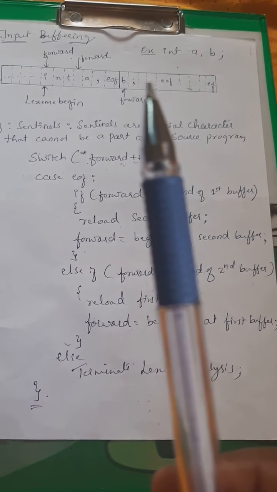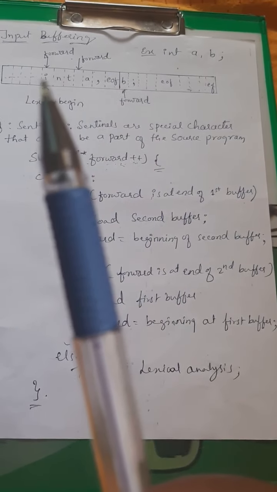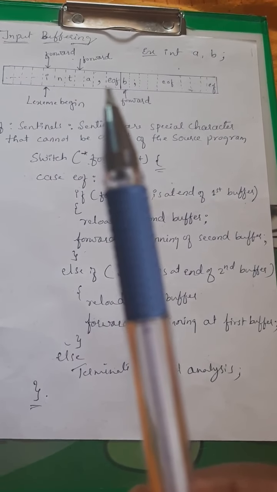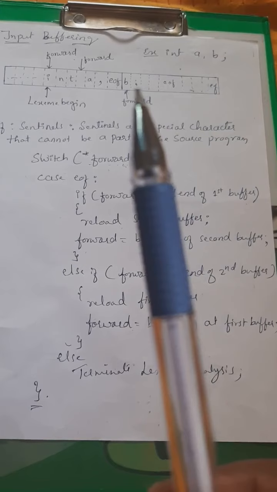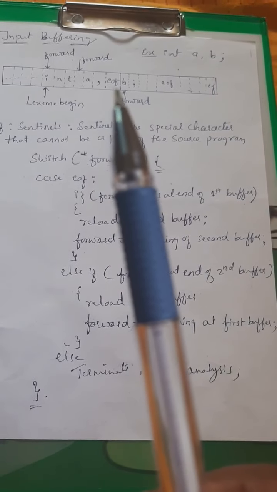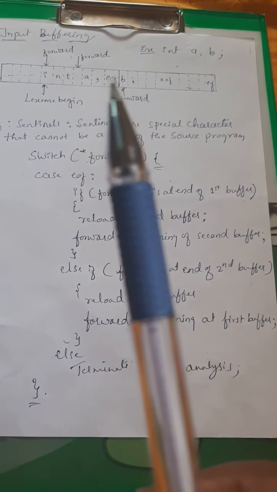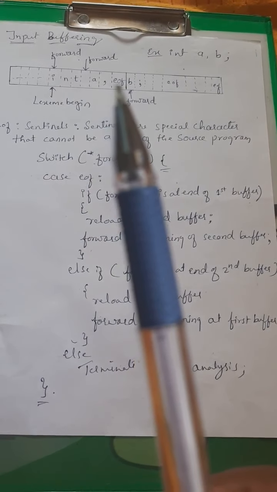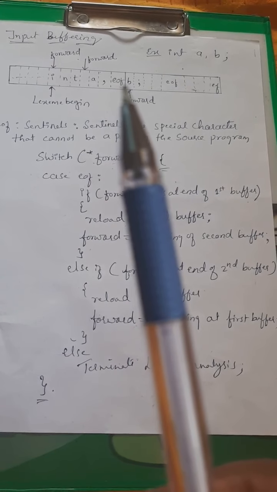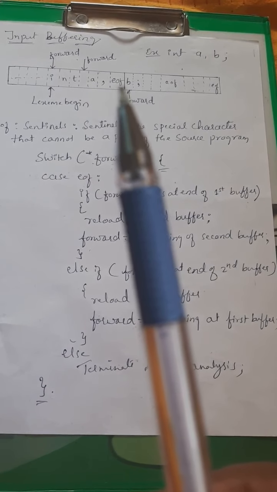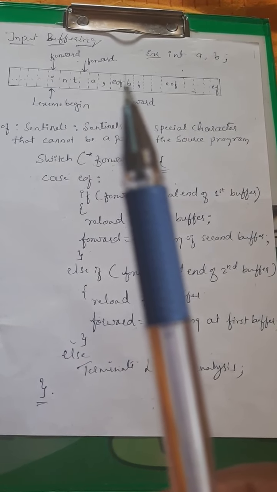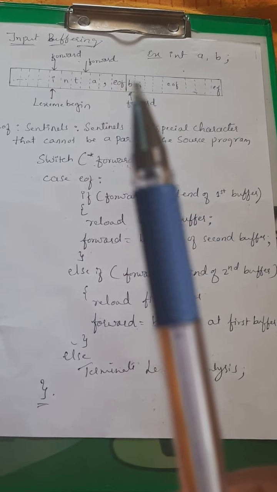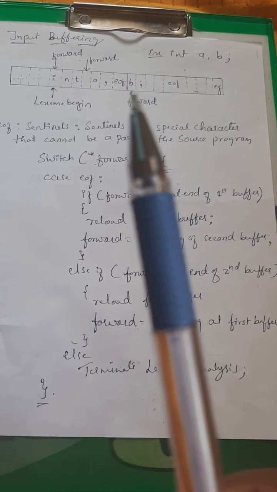Then it assigns the lexical analyzer to scan the data from these buffers in the same fashion as it scanned the source program, that is, left to right, a single character at a time, and create the tokens. The buffer is marked with a sentinel EOF. This sentinel indicates the end of the buffer. Once the forward pointer reaches the sentinel, the second buffer is loaded and the forward pointer is assigned to the beginning of the second buffer.